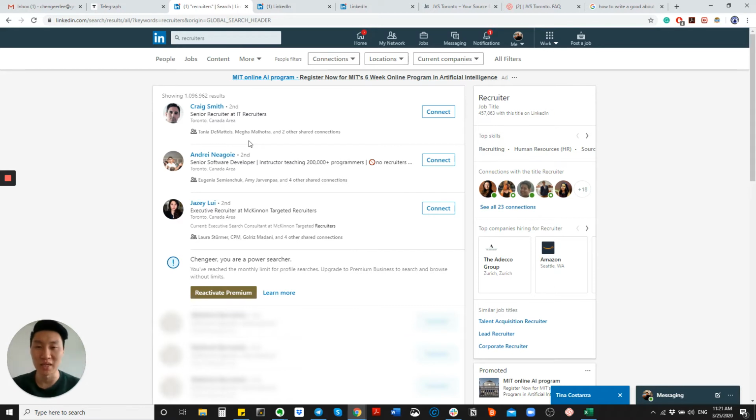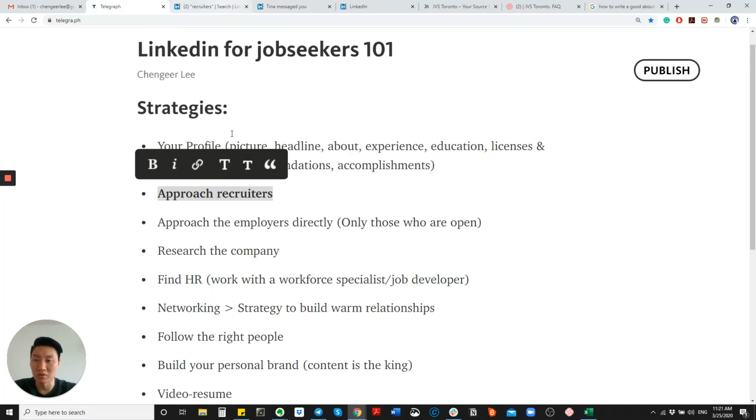And there are those people for whom the industry is being blamed, right? Those are the ones who give lots of promises but then do not deliver. So always manage your expectations. Make sure that you don't expect too much, and consider them as an additional stream of opportunities. If it doesn't happen, it doesn't happen. If it pans out, it pans out. Good. So approach recruiters and let them know that you exist.